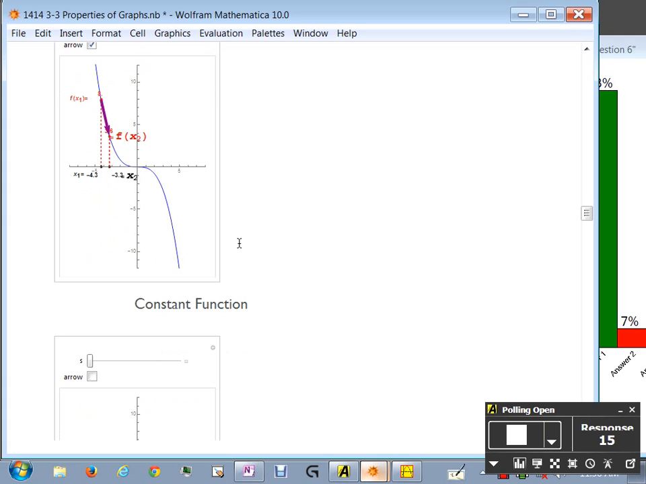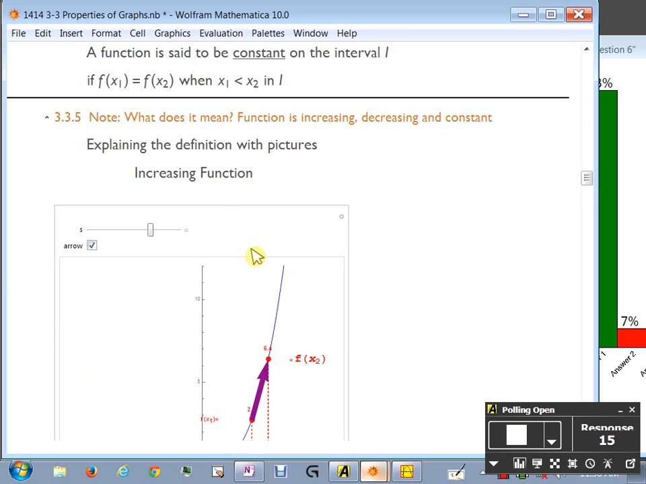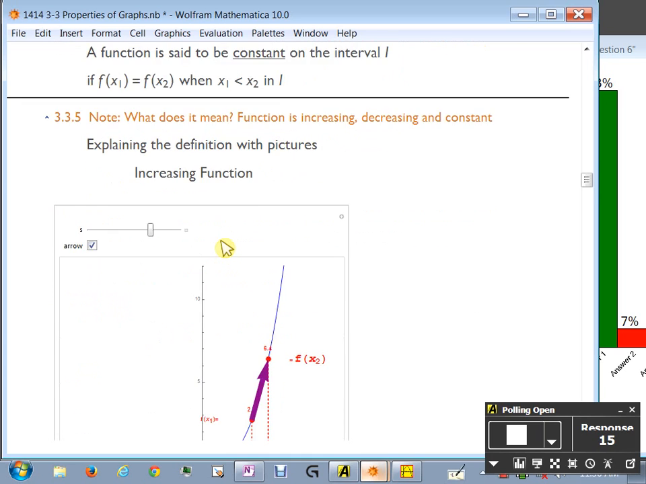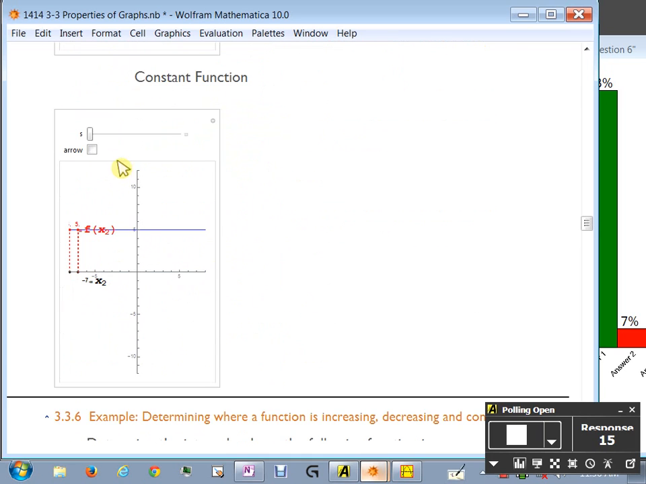And then the most boring is the constant function, which means what? What did constant say up here? F of x sub 1 is equal to f of x sub 2 no matter what, which means that you're not changing. The heights of the function are just going to stay the same. So you've got this happening,